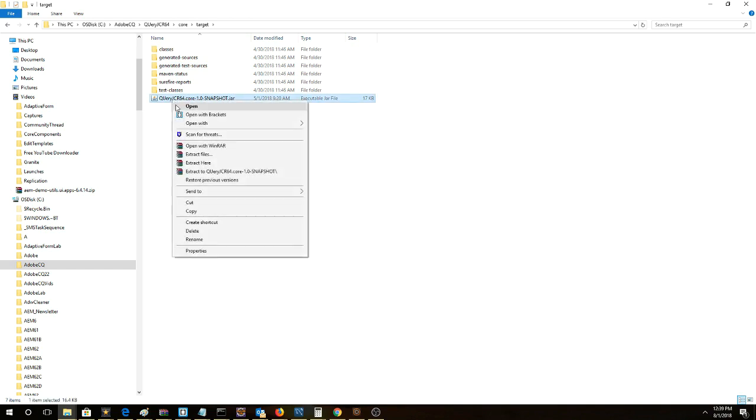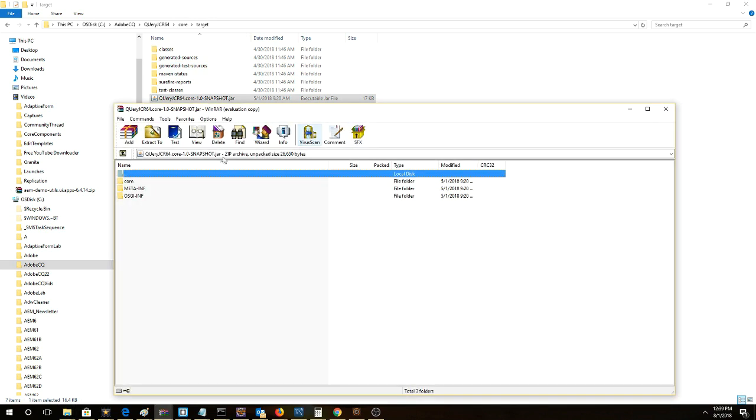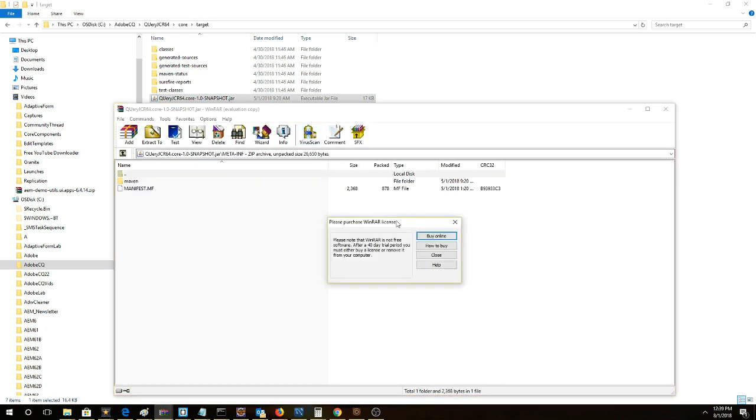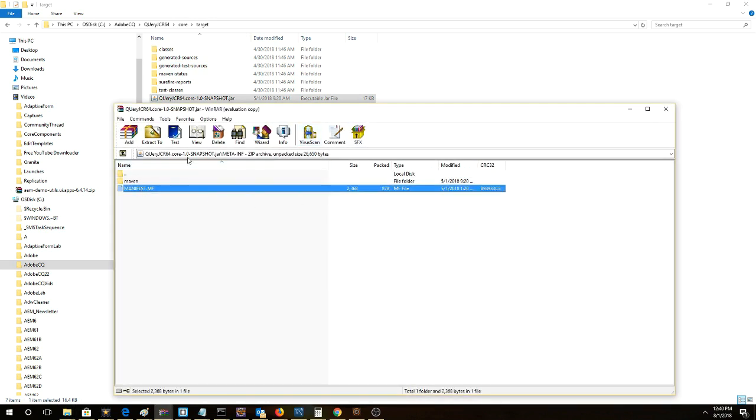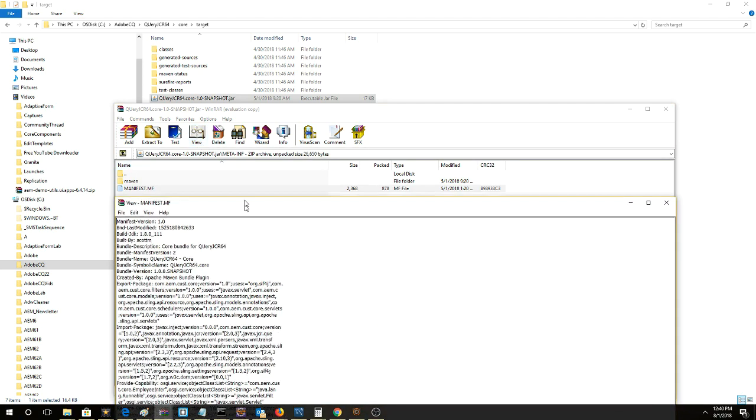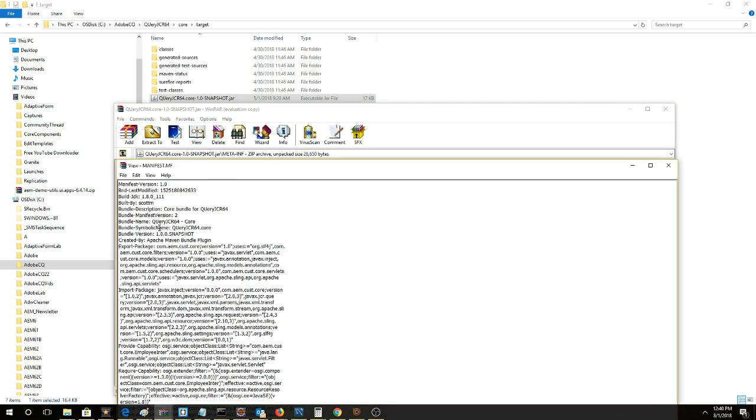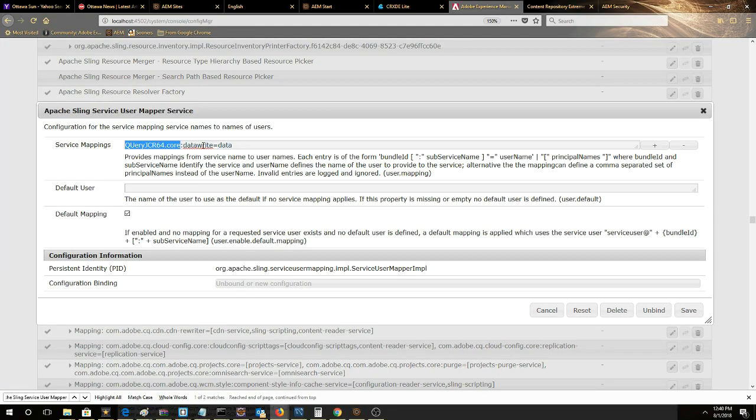We'll open it up and take a look at the manifest file. You can see the symbolic name here. That's what we're using in our UI. So switch back. This is the name that we're putting into our